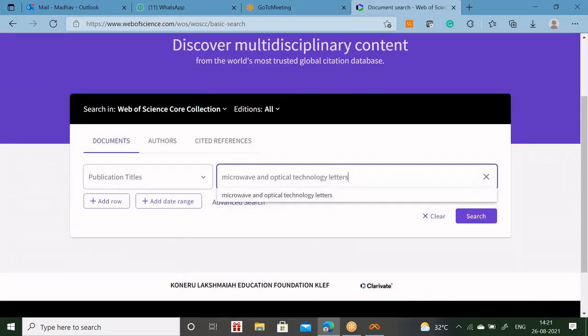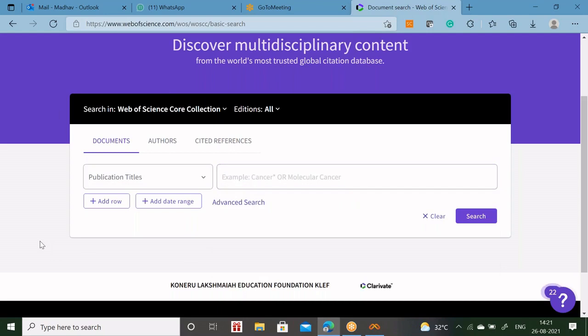So any topic you can choose, any journal, what is the statistics of that journal, everything you can check. You need not go anywhere. Suppose you went for a job interview. They will not look into your resume and all those. Simply they will ask your name or your ID, your Web of Science Researcher ID or your Scopus ID, and they will search, and whatever they get, they will get.